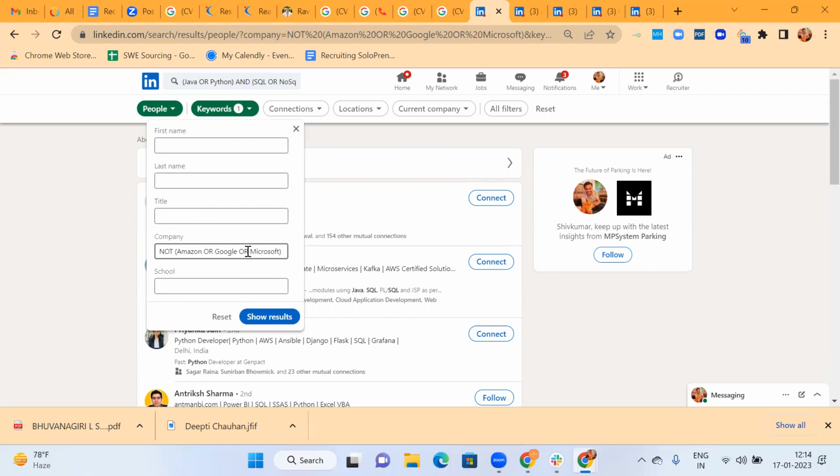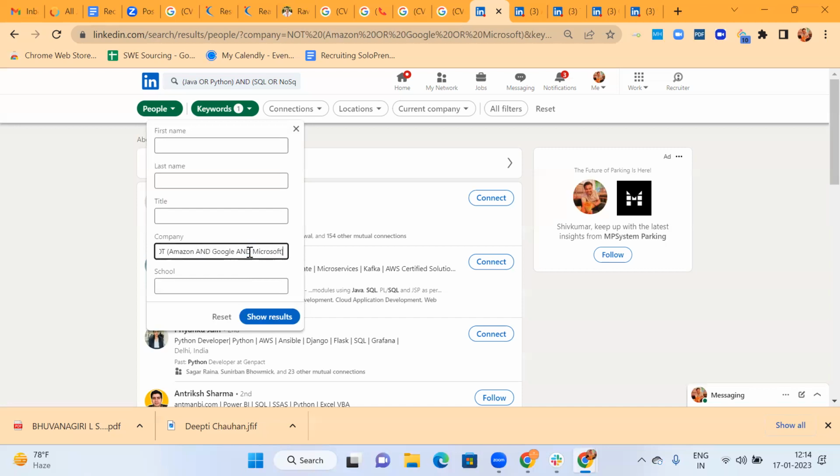Instead of or, you can exclude Microsoft, but let's say you don't want a person. Here what it's doing is excluding a person either from Amazon or from Google or from Microsoft, from their current or past companies. Now let's say we make this or as and, then it will only exclude people who have worked at all these three companies. But still there's a probability that the person might have been working at either company.